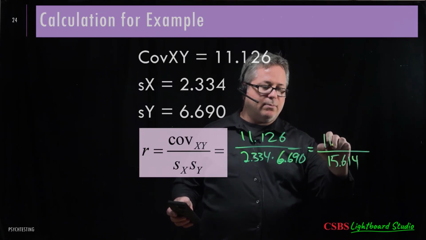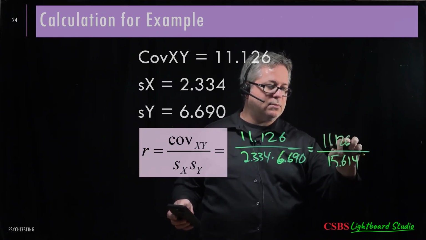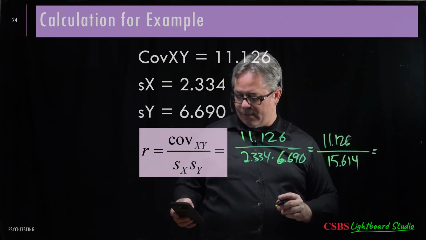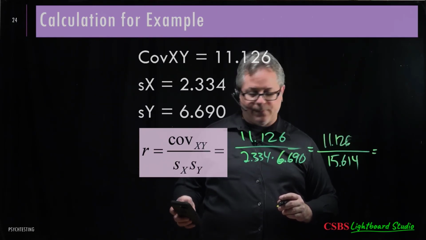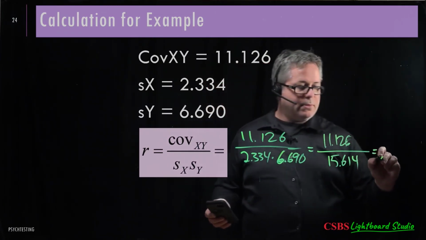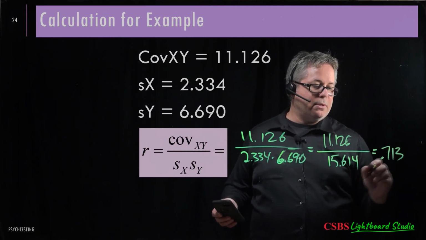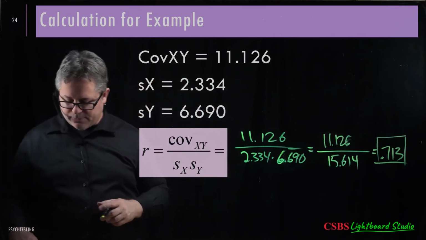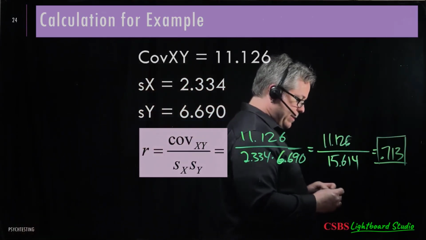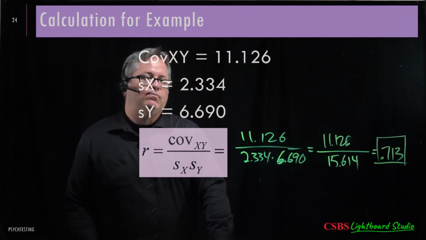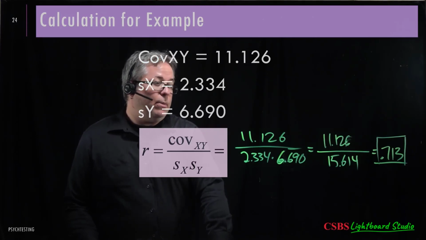And on top you get 11.126. If I divide those, 11.126 divided by 15.614, I get 0.713. Now, this is something we're much more comfortable with. A correlation of 0.713, what does that tell you? Yeah, it's not perfectly related because that would be 1, but we're creeping up towards pretty strong. I mean, 0.713 is a pretty strong relationship,